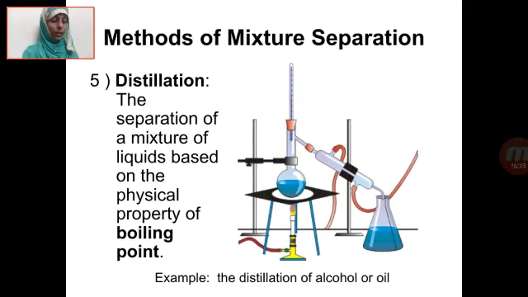Two different liquids having different boiling points are used. So, for the distillation, alcohol and oil are given in the figure as the example. What happens, children, is that the boiling points of alcohol and oil are different. So, the mixture of those two liquids is heated, and as the boiling point of alcohol is reached, see, they have put the temperature also in that conical flask. The alcohol will start boiling first, and after that, the oil will boil at its own boiling point.